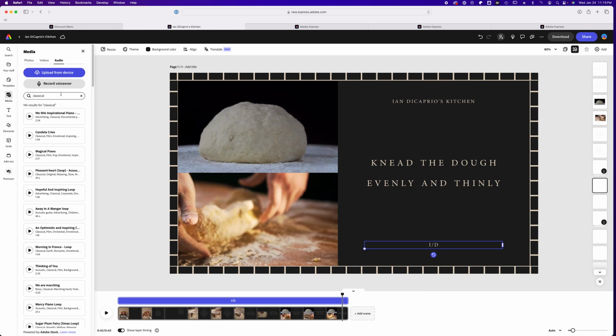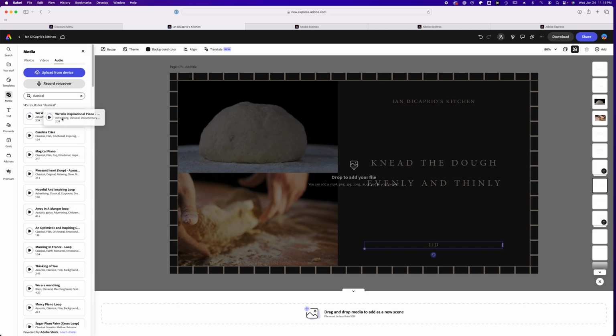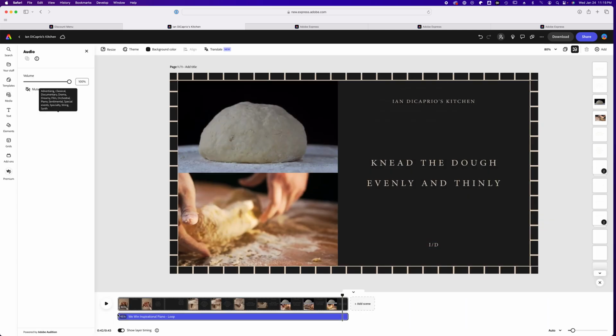I'm going to try out some different music tracks to see what I think will sound good. I like this first one, the We Win inspirational piano. So I'm going to grab the music track and drag it down onto the timeline. And now,